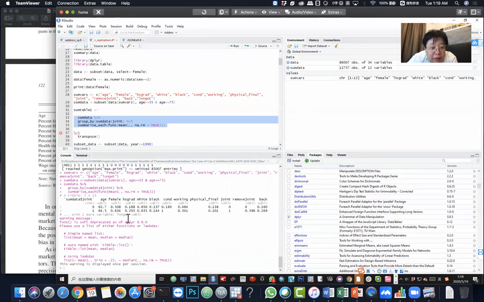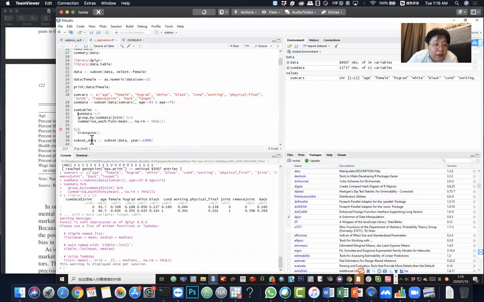There's one more variable it didn't show, because the console can only show some of the contents in one line. So I can assign a name to the summary table that the command generates, and then I can record that. I assign a name called sum table 1,